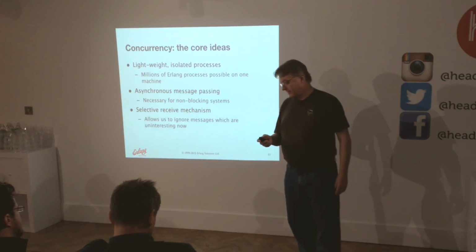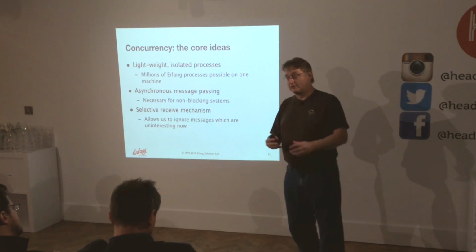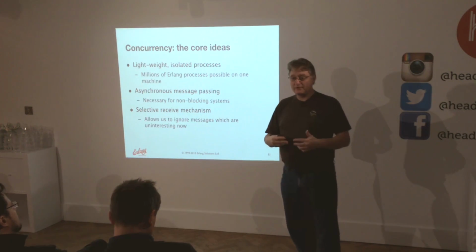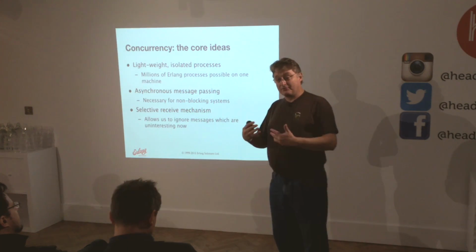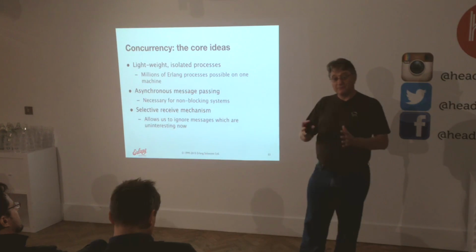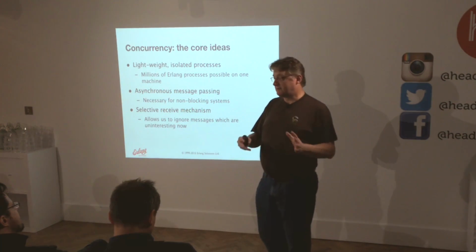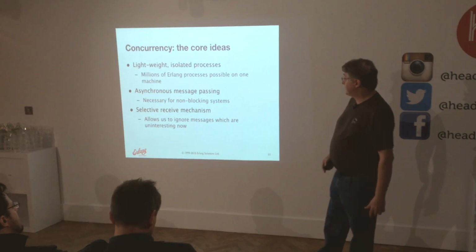And when you want other things, you build them on top of that. So if you want synchronous communication, you send a message to the other process, and then you sit and wait for it to reply. That's how you do synchronous. That makes things much easier, because I can be very specific about how I want to make my synchronous communication. And often you want your communication to have different properties in different applications, and even in different parts of the same application. So these are the ideas.